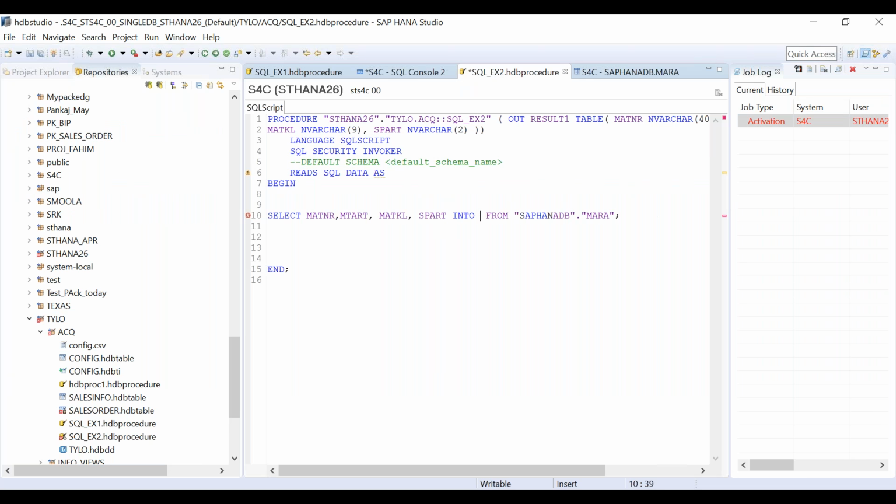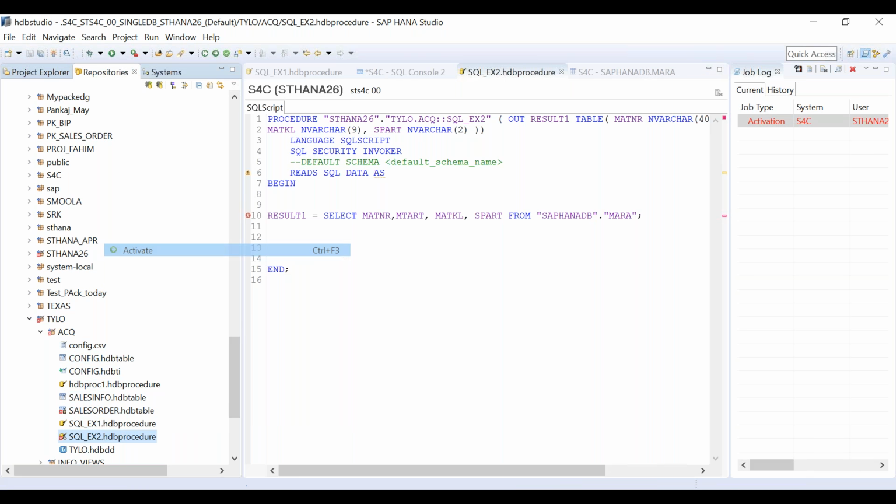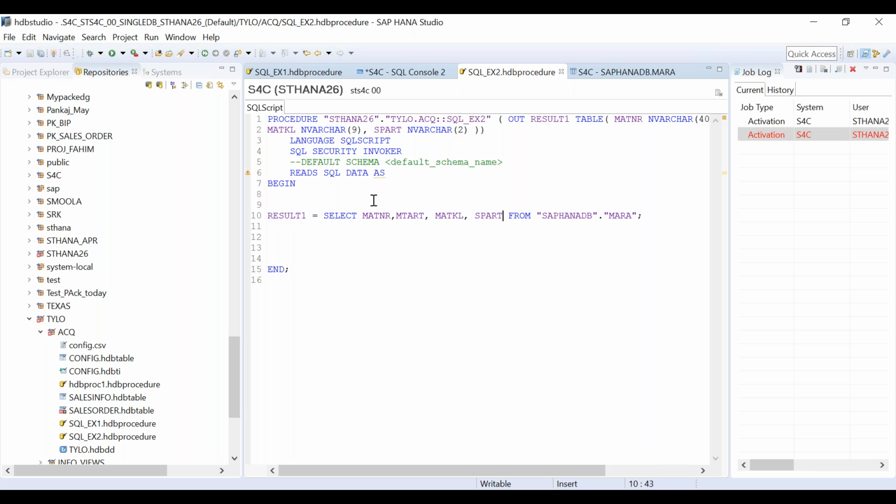I think you shouldn't be doing like this. My mistake. You should do like this. Result 1 is equal to, this is how you do it. Result 1 equal to select query. Okay. So activate it now. See, activated. Actually, I just went into some ABAP coding because in ABAP you have to write the into statement. So this is how you write. This is called implicit declaration, right? So this is the select query from the table, and this data is going to be stored into result 1. Very simple. And result 1 structure is already there. You can see that.